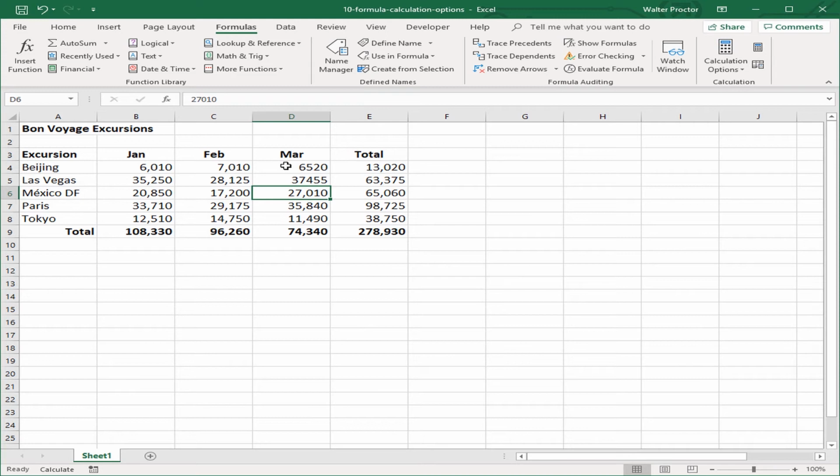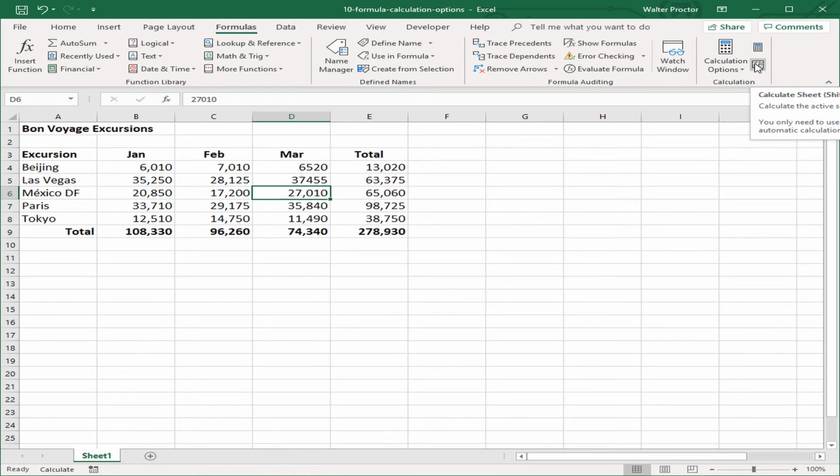When you're ready to recalculate the entire sheet, there are two ways to do that. Go back on the ribbon on the right-hand side of the Formulas tab in the Calculations group. And to the right of Calculation Options, there's two buttons. There's Calculate Now, which is the F9 key, which calculates the entire worksheet that you're on right now. And then there's Calculate Sheet, which is the Shift F9, which only calculates the sheet